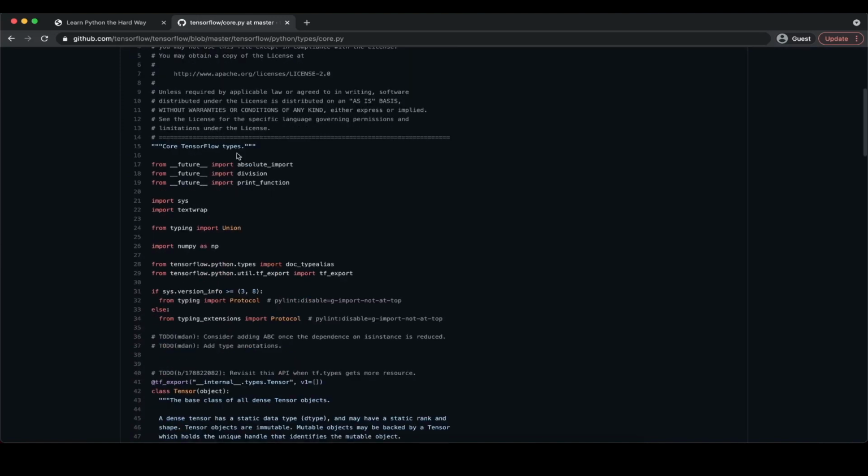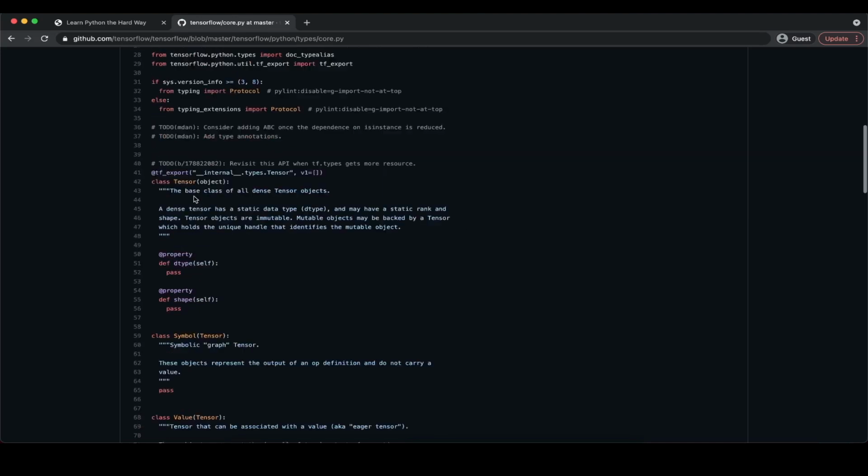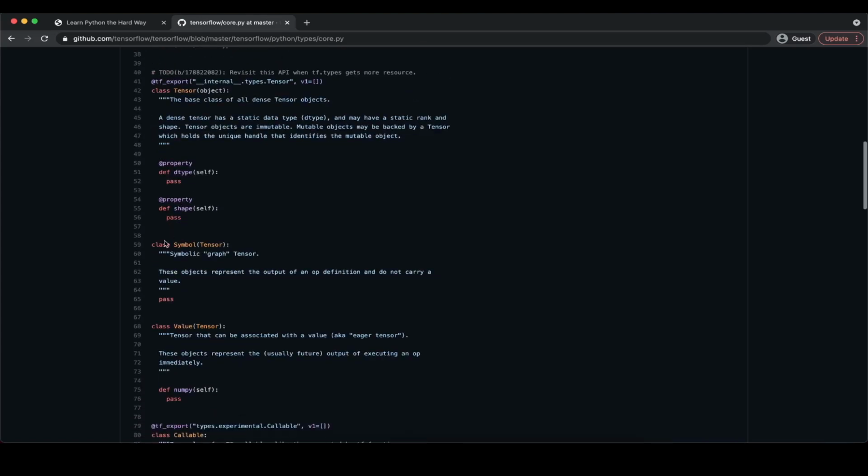And of course we initially see a lot of import statements, what we import to work with it. But if we scroll down a little bit, we can see, for example, here we have the class that is being set up here as well. So for example, we could just test ourselves and see, for example, that we create a class Symbol that is a Tensor. So Tensor would be the parent class that we inherit from when working with Symbol.